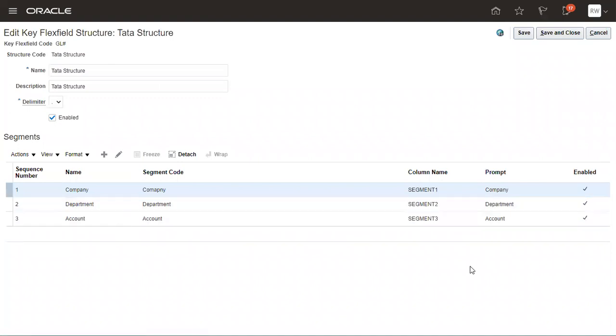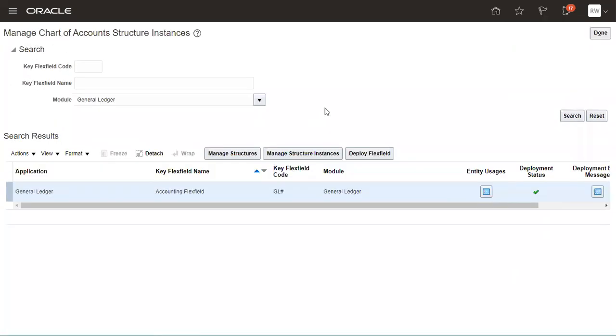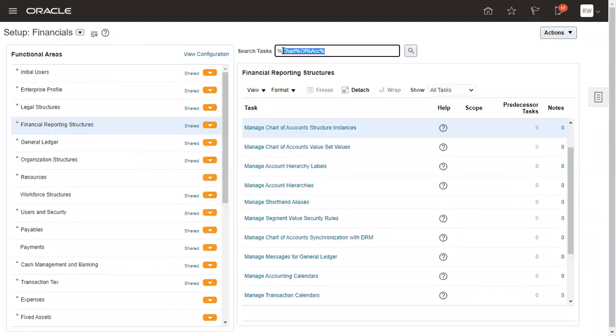Dipesh and Keshav, you might have your own structures, and whenever we start the session, we would first see what the structure and segments are. So here I created a three segment structure: company, department, and account. This is the same structure that I use for my ledger.